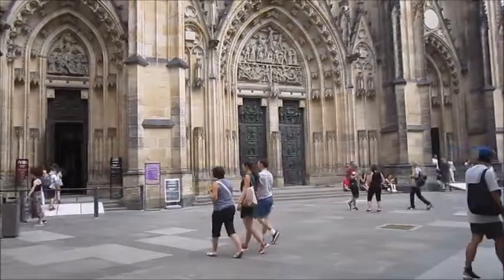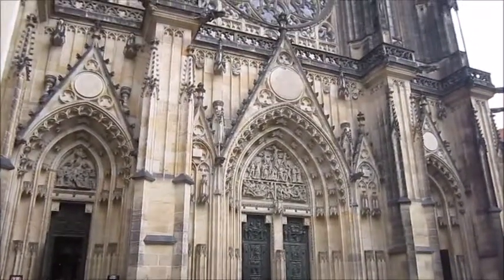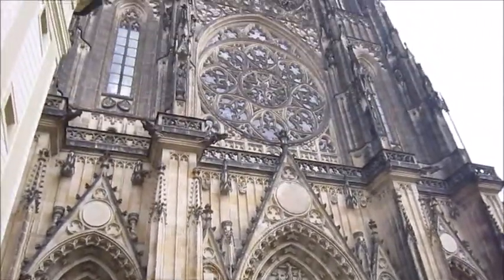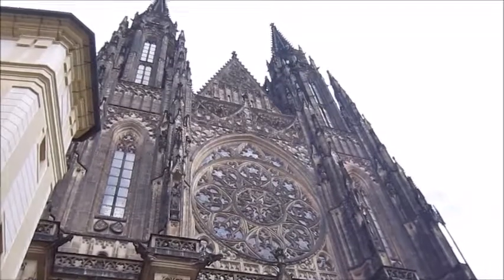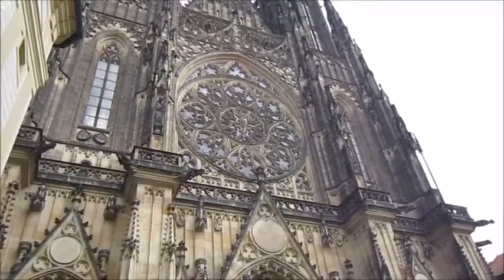So in 1929 they declared that everything on the St. Vitus Cathedral was ready, but only the statues aren't here. So the circle that you can see above, it's called the Rosetta, and